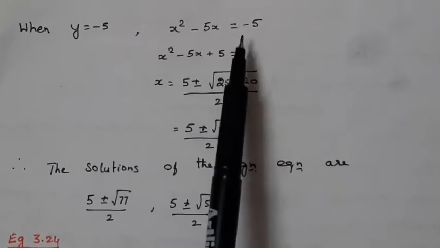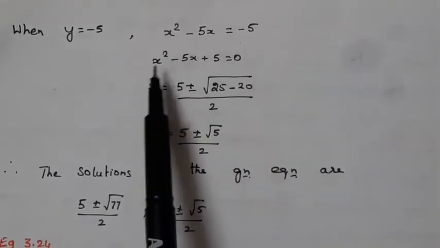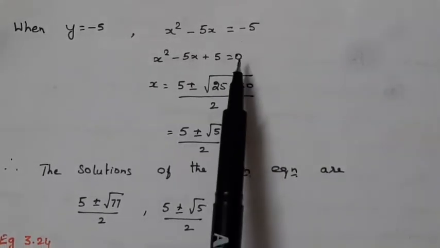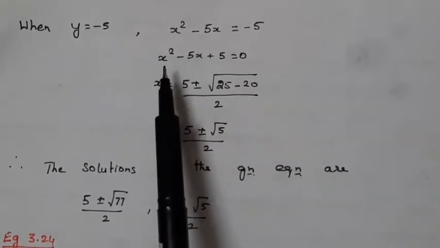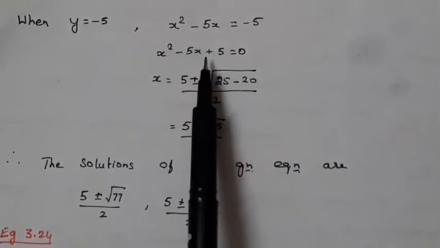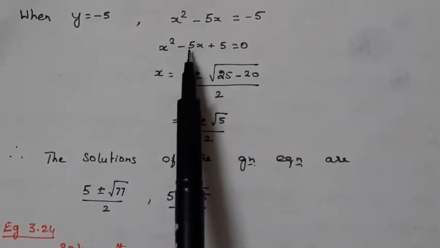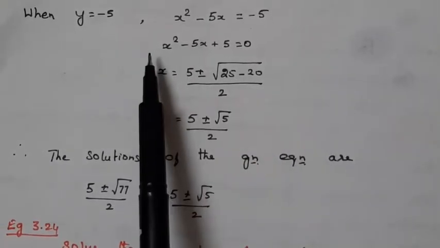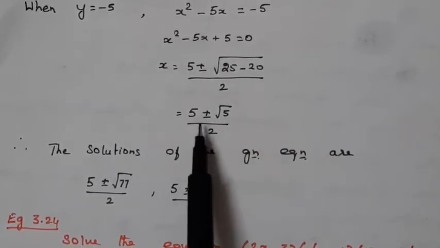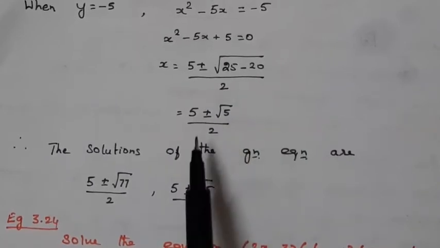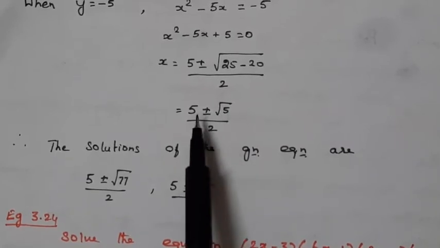Now equating the other value, minus 5, to this x squared minus 5x, we have the quadratic equation as x squared minus 5x plus 5 equal to 0. Okay. And then here also we are not able to factorize this equation. So again using the formula, x is equal to 5 plus or minus root of b squared, that is 25, minus 4ac. So minus 4 into 1 into plus 5, that is minus 20, divided by 2a, 2, and then 5 plus or minus 25 minus 20 is root 5. So 5 plus or minus root 5 divided by 2. So here also the other two values are irrational.